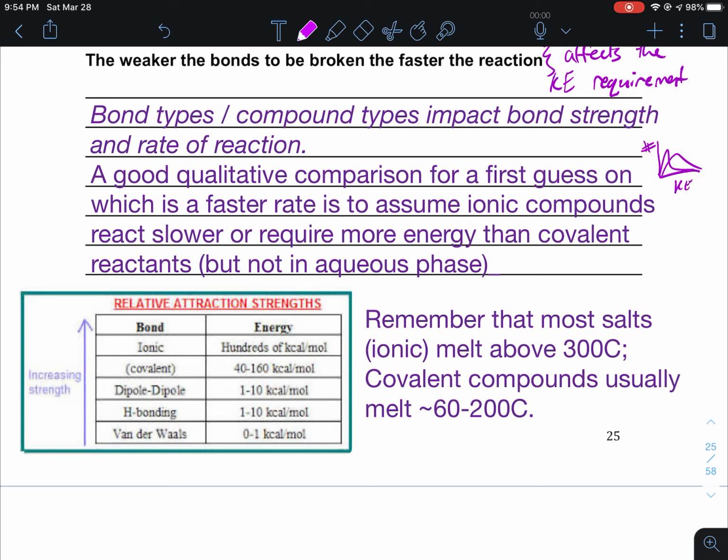So if the chemicals have really strong bonds, like ionic bonds, salts typically need to be at very high temperatures to react, unless there's some other factors at play. If a chemical reaction has covalent bonds even, you probably are going to have to increase the energy to do something with that. So compare, for example,